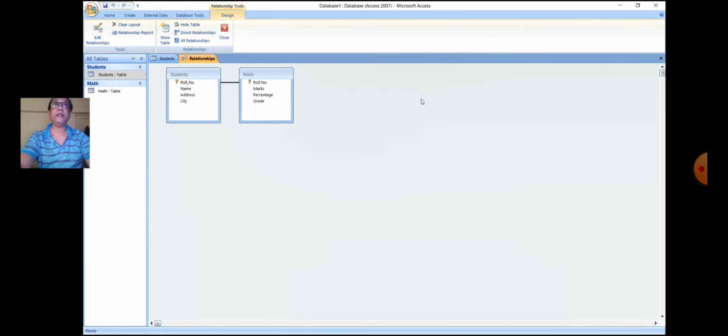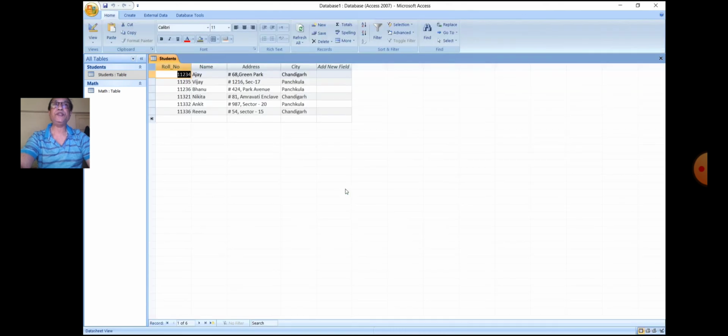Access creates the relationship between the tables. The line linking the two tables will appear, indicating that both have linked. Click the save button to save the relationship.